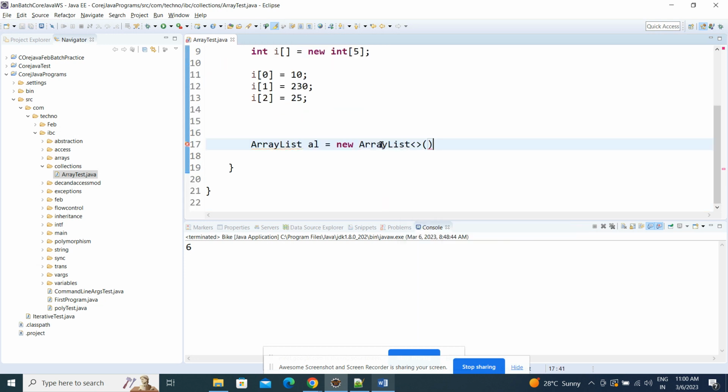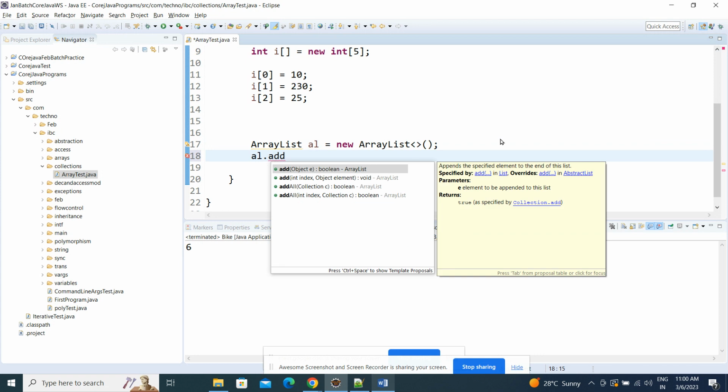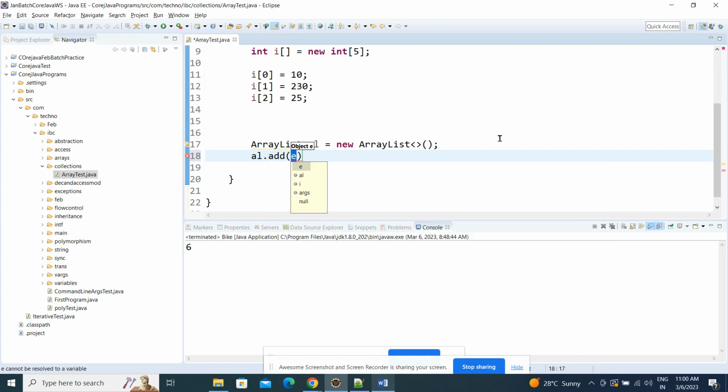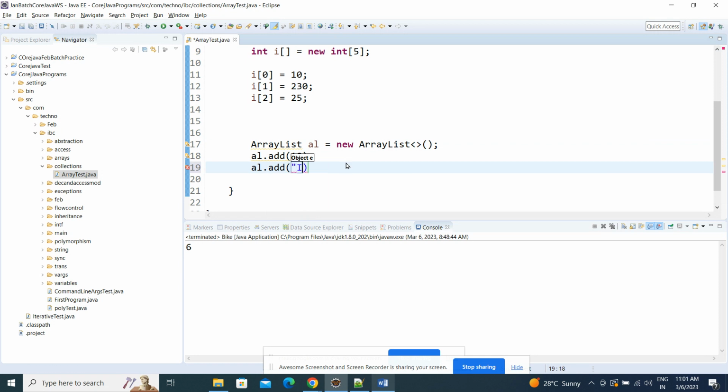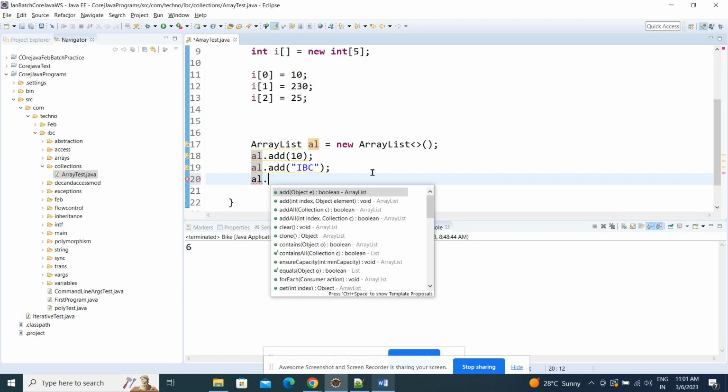It can store both heterogeneous types. I can store with al.add(), there is an existing method for adding 10, al.add(object). So I can store an int, can store a string also, no error. I can store al.add(